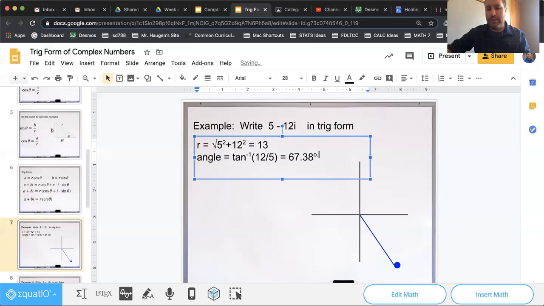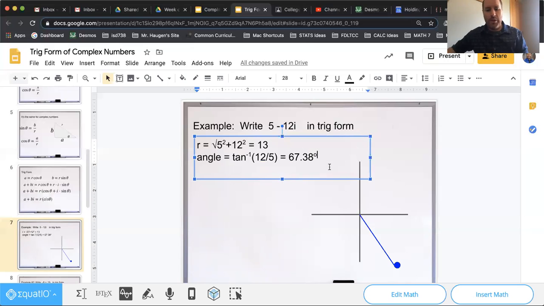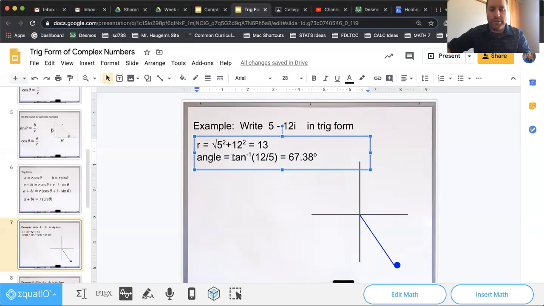That's always a good idea on there. We don't need shortcuts. Yep, we just need those. So 67.38 degrees, but that's not the full story. Again, 67 is just the reference angle in there. So the actual angle, so maybe I should change this and say this is the reference angle. The actual angle